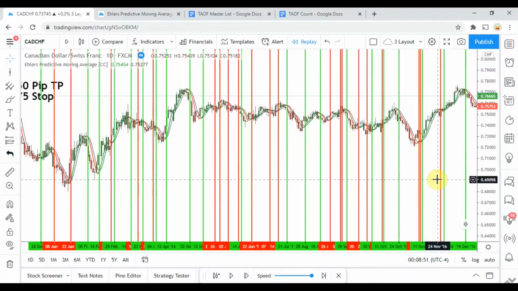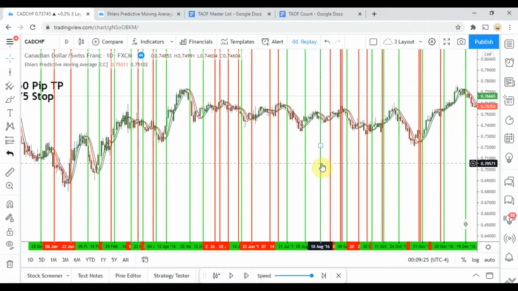So we have 42 signals all together, and we have 1, 2, 3, 4, 5, 6, 7, 8, 9, 10, 11, 12, 13, 14, 15, 16, 17, 18, 19, 20, and 21. So that barely misses the 60% criteria, but I have to say that,